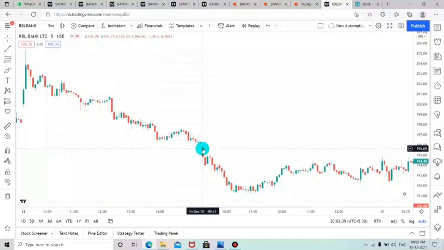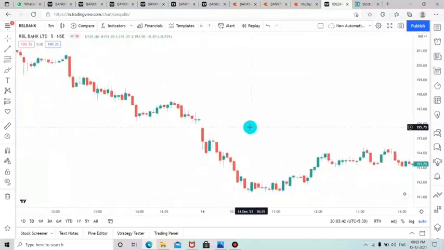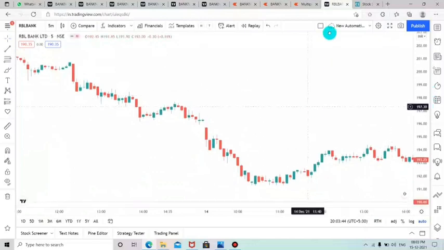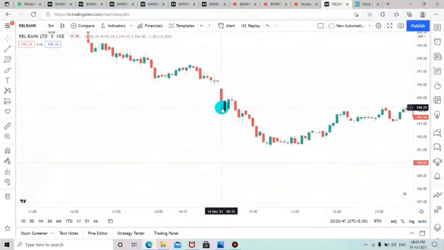Once we confirm this setup, we are going to enter the trade on the first candle low itself. You can also punch the order at the start of the candle itself. Once you get an alert or a charting scanner result, you can punch the order at the start of the candle. But most probably this type of stock will return back in one candle itself. The movement will be given in the first candle itself. Sometimes if a big movement has been given, we are going to avoid that particular stock for the first candle itself, or you can punch the order at the start of the 9:15 candle. Then you can take this first candle movement itself.